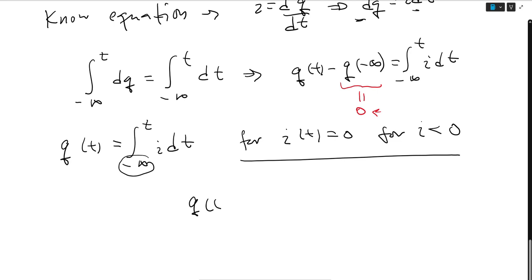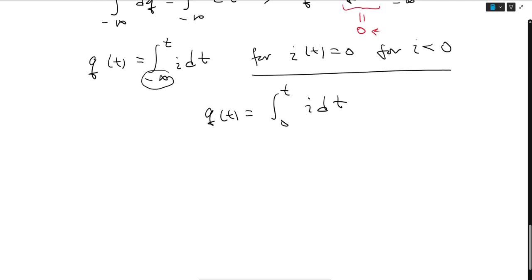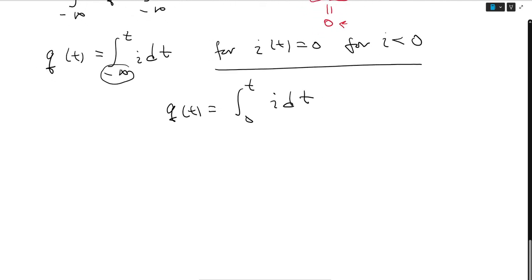So that means q of t equals the integral from 0 to t of I dt. And now we can start plugging and chugging, where q of t equals the integral from 0 to t of 6e to the minus 0.2t dt,